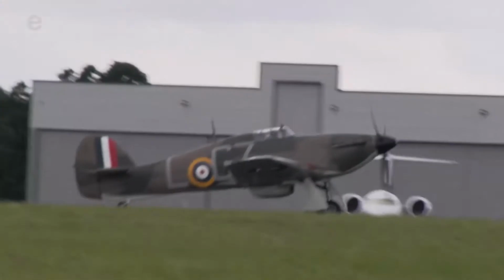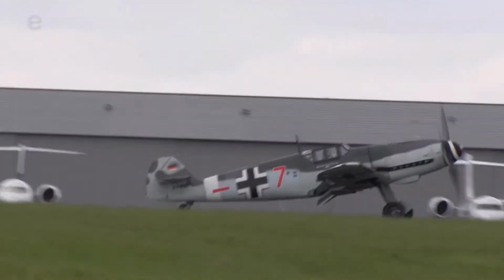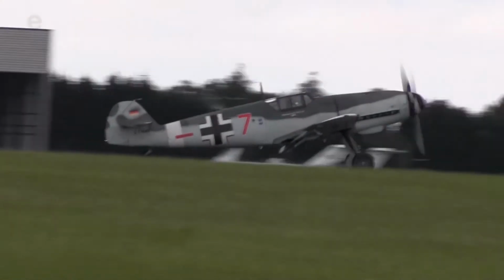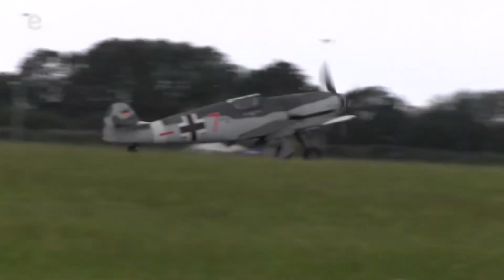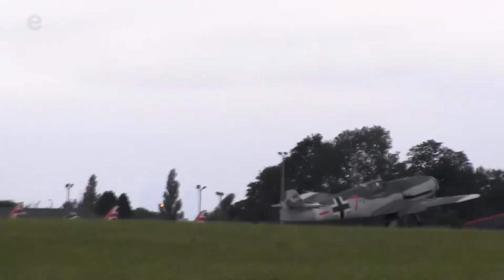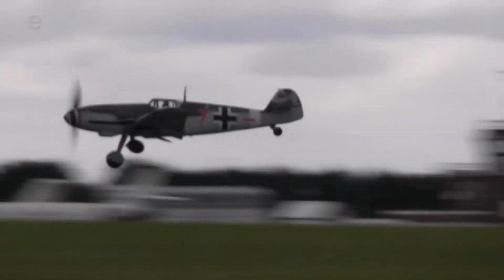Quite a little bit difficult with the aircraft on the ground, as you can see. When taxiing these what we call tail draggers, the tail wheel, there's virtually no visibility whatsoever. Kind of like trying to drive your car with the bonnet open. Standard practice is to weave slightly left to right, to look at the back of the